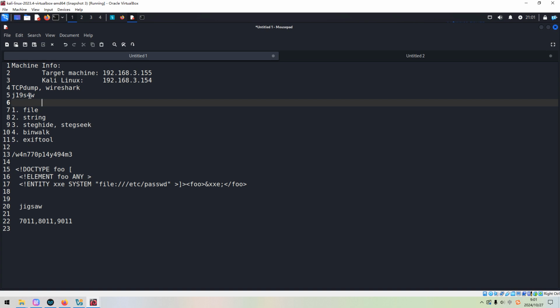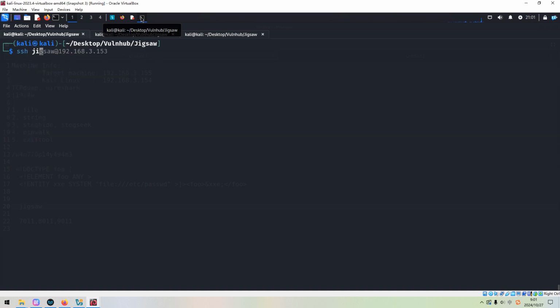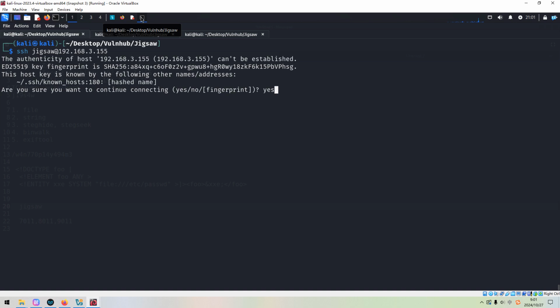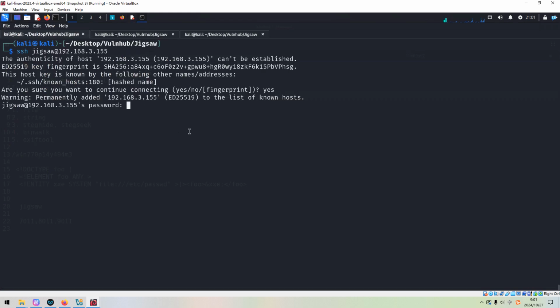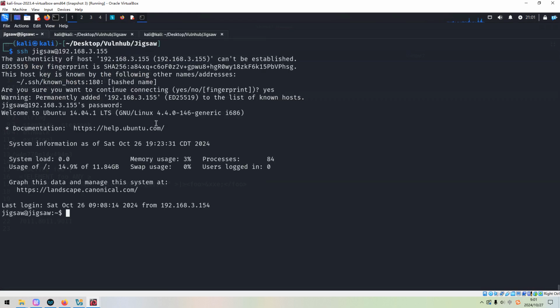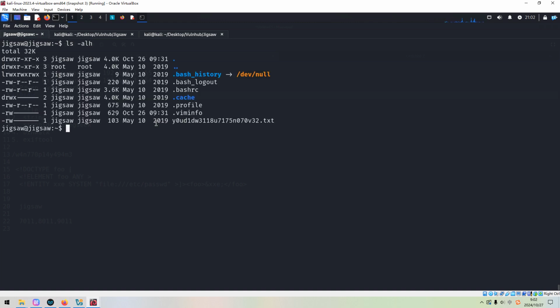And from the pattern of this string, it is very similar to the username. So I think we have very good reason to believe this user uses this as the SSH password too. So let's try now. SSH jigsaw. Press enter. Yes, accept. And we can copy the password from the notebook and paste over here. It does work, right?